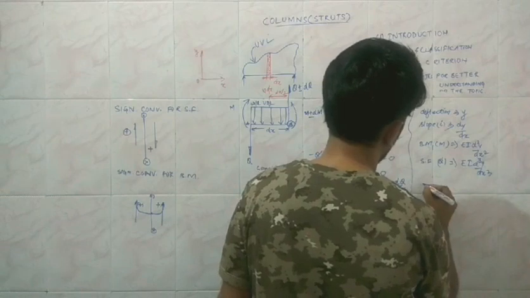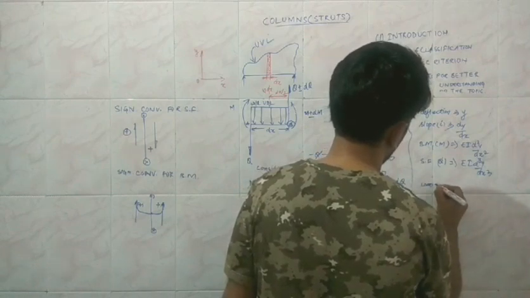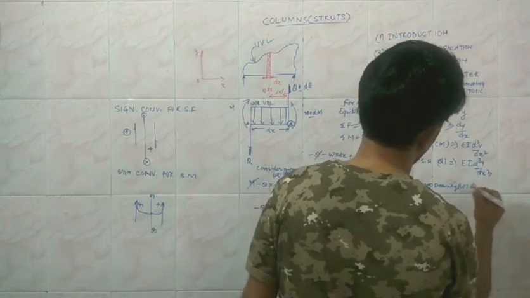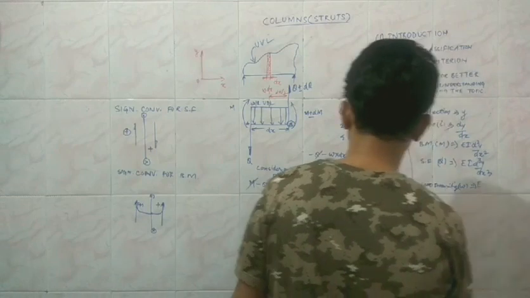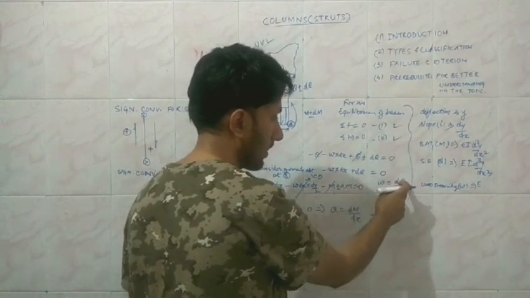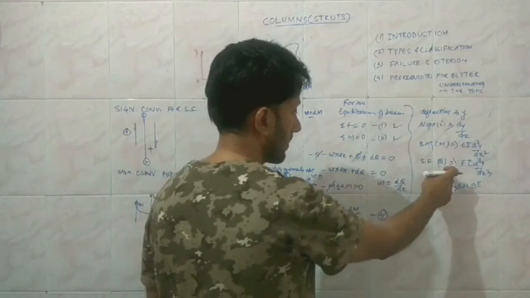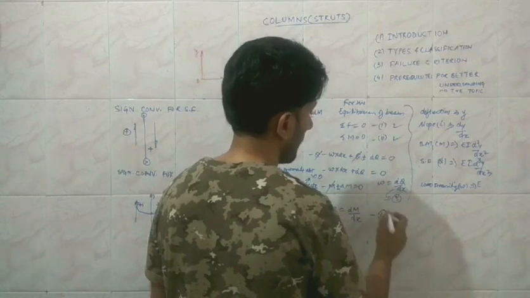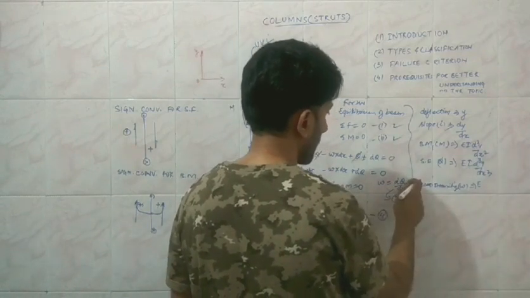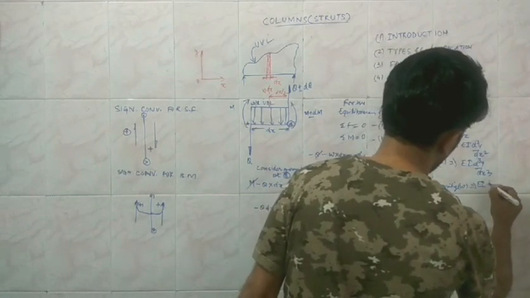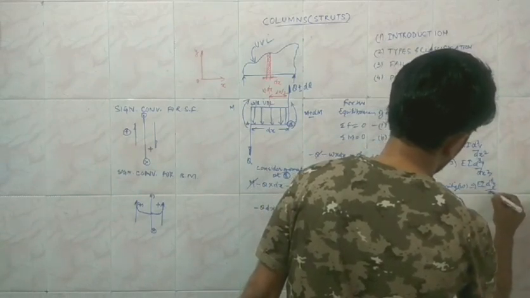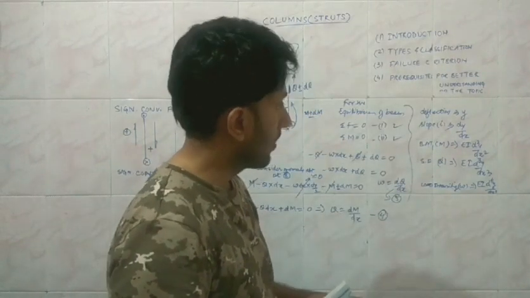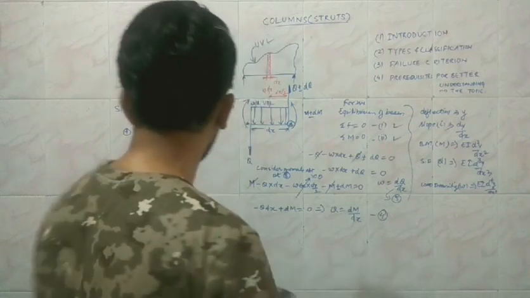And similarly we know the load intensity, small w, is going to be given by the rate of change of shear force with respect to x. We have identified the shear force, and say this is equation 5, then substitute the value of the shear force over here. Then it is going to be EI into d raised to the power 4 y upon dx raised to the power 4.